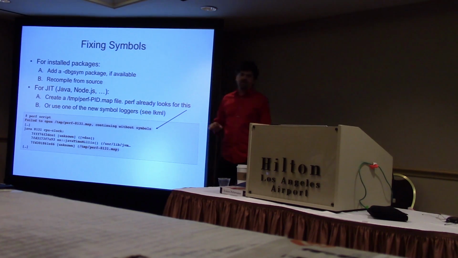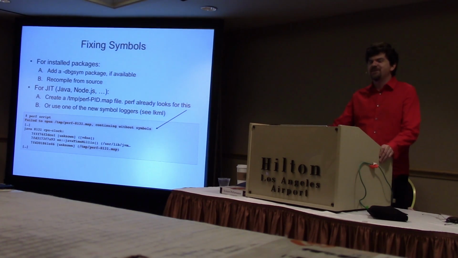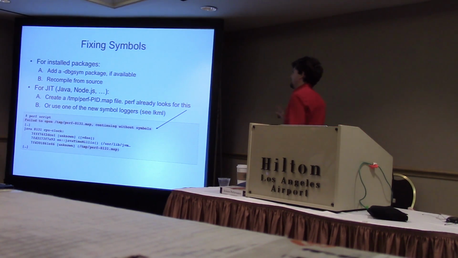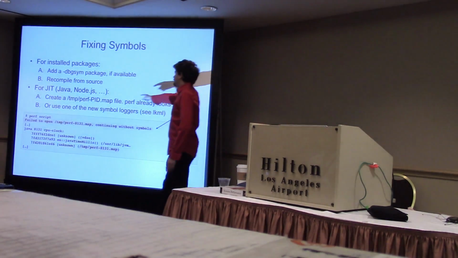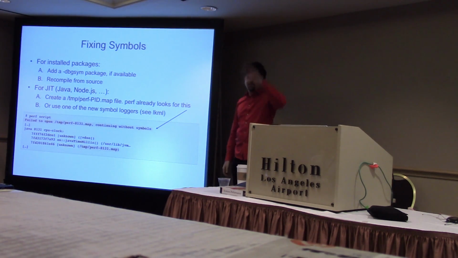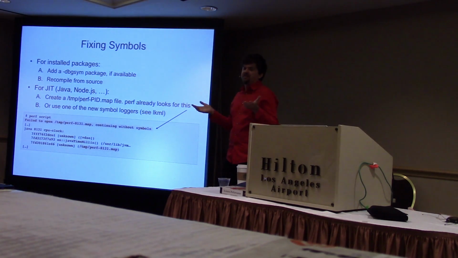Things get really hard for Java and Node. Actually, I think it's really hard because Linux made it much, much easier than it could have been. There's some work you have to do for Java and Node.js. There are two approaches, really. One is you create a temp perf-PID.map file, which has just a symbol translation. Here are the addresses, and here are the sizes and the symbol names. Very, very simple. Just a plain text file. All you have to do is convince the JVM to spit this thing out. And other people have done it, so there's already an agent you can download which will do that for you and will spit out the text file of mappings.